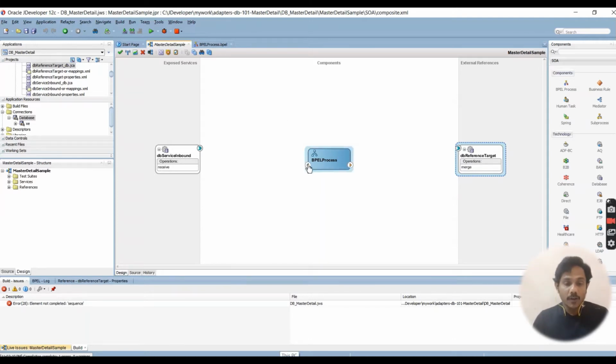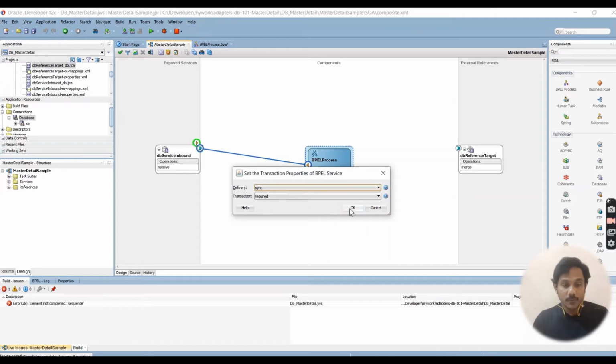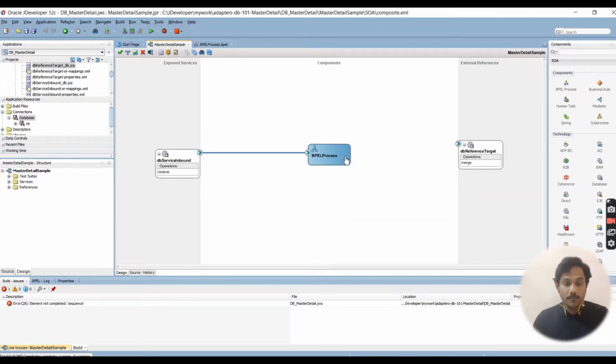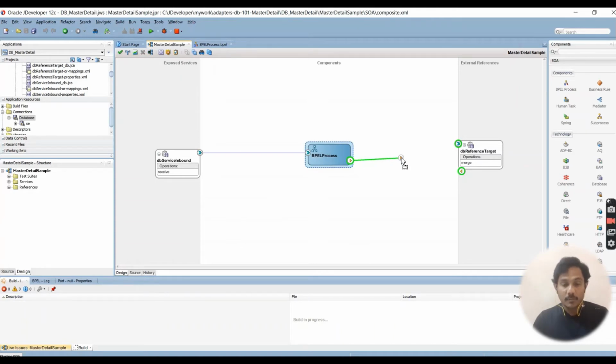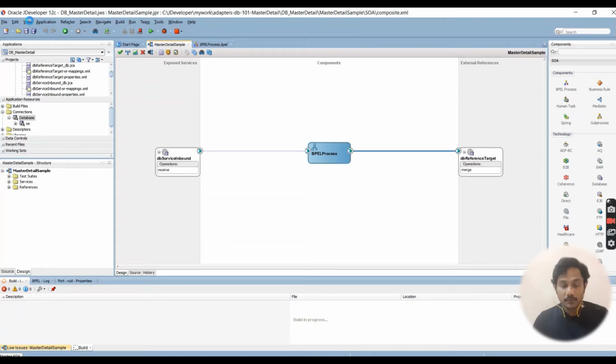Now I am going to wire the BPEL process with the source DB adapter. Similarly, I am going to wire the BPEL process with the target DB adapter.